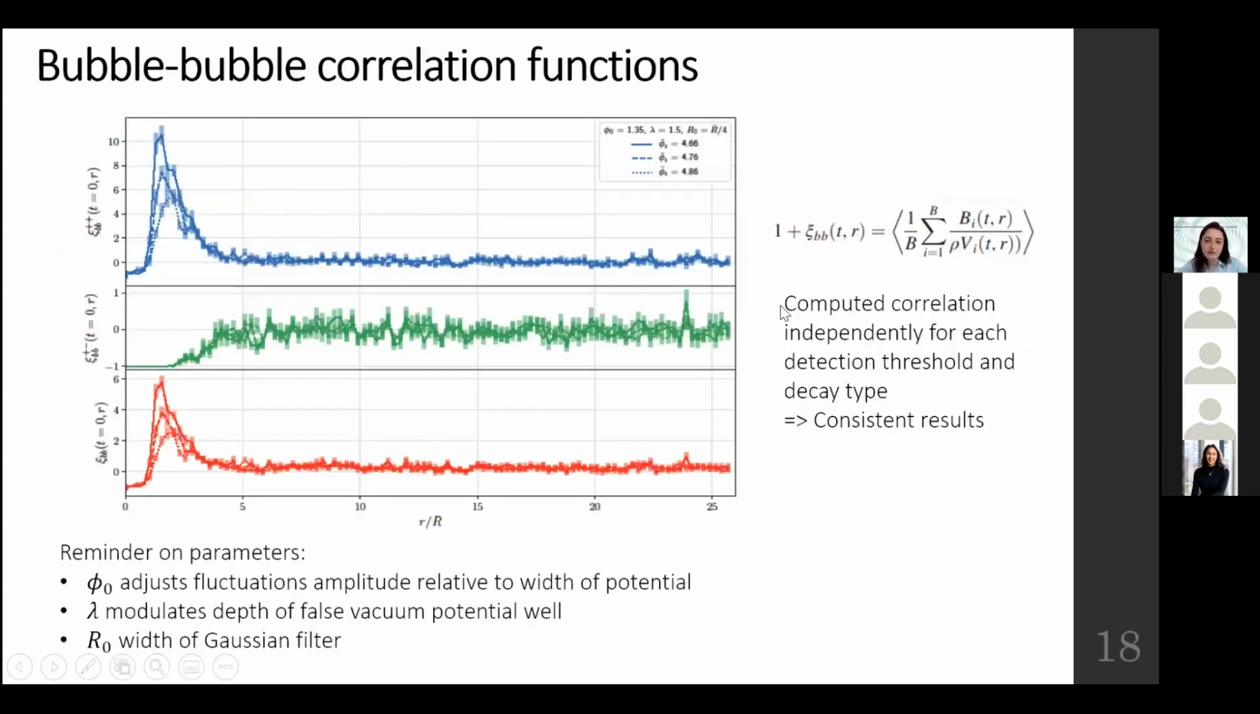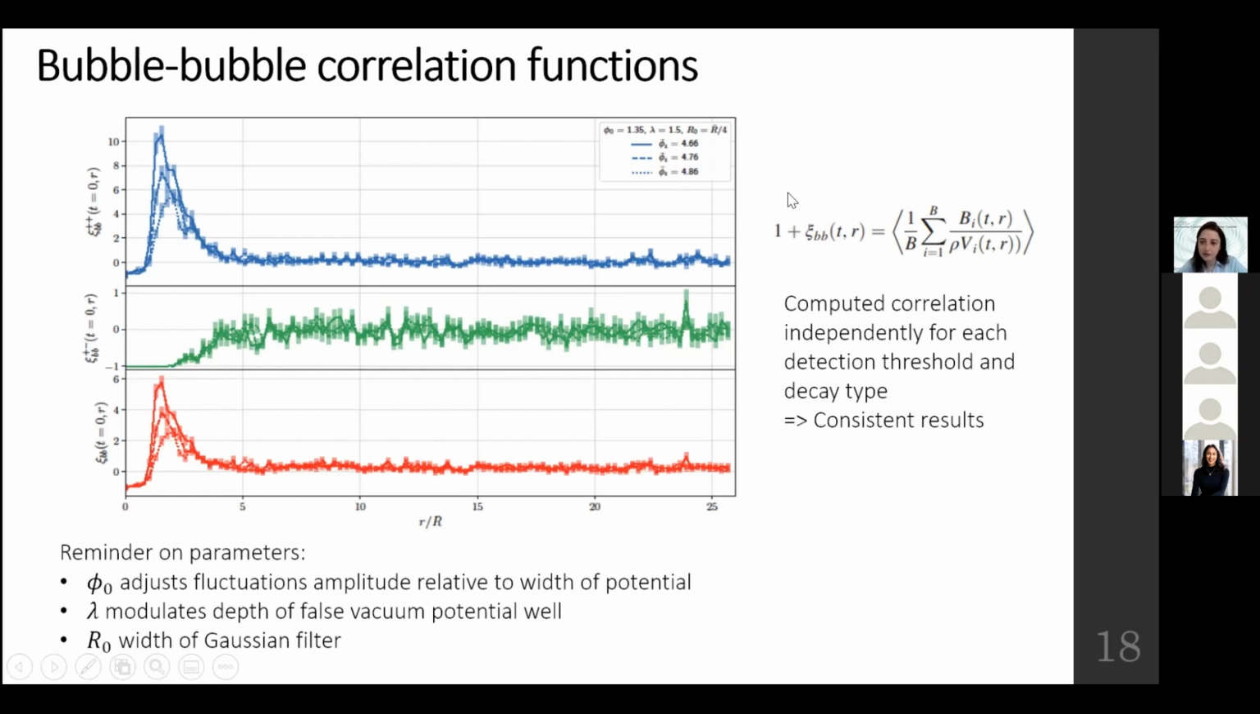Okay, and this is the result for the bubble correlation functions. Here we have the correlation function between bubbles that decay to the same well, the same true vacuum well. Here is the correlation function of bubbles that decay to the opposite well. So if I have a yellow bubble somewhere, what is the probability that I find a blue bubble at a particular separation? And this is what is shown in this middle panel here. And in the bottom, we have the correlation function between all bubbles. So this is the overall